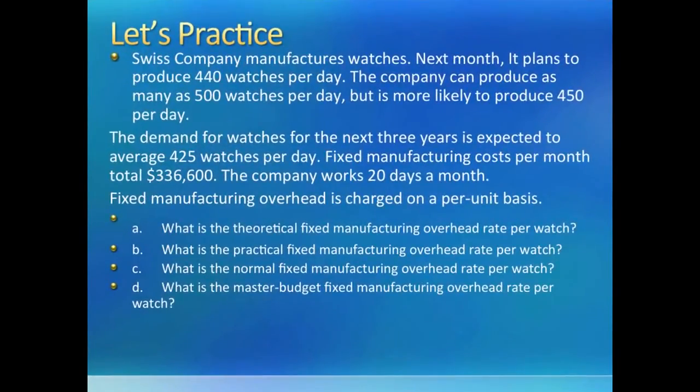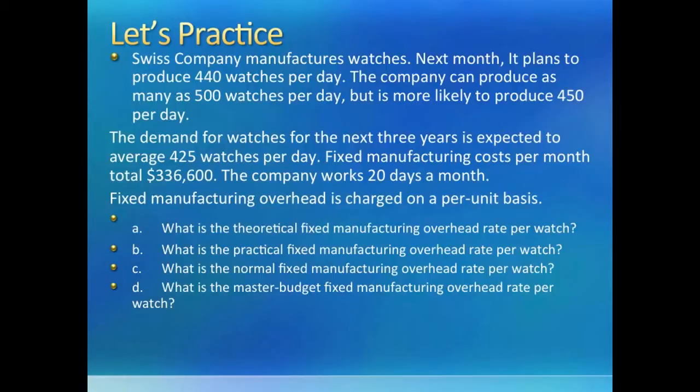So here we have a simple example to show you how denominator level capacity comes into action. This is a company that manufactures watches. Next year they are planning to produce 440 watches, even though they can produce 500 watches each day. So that is their theoretical capacity. But they are more likely to produce 450, which is their practical capacity. The demand for the next 3 years is expected to average 425 watches. So this looks like their normal capacity. Finally, master budget is what they plan to make next year. So that is 440. So you have 4 different denominator levels to choose from, even though the fixed manufacturing cost is